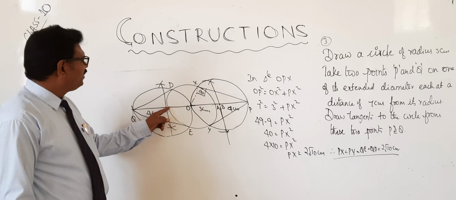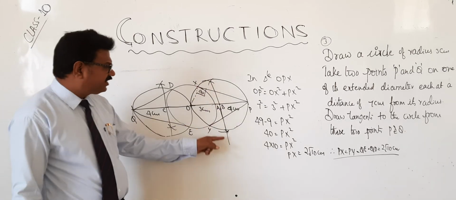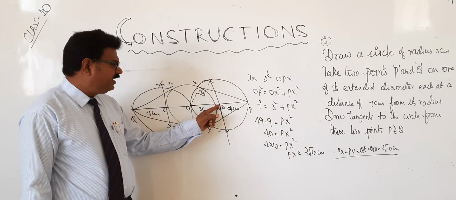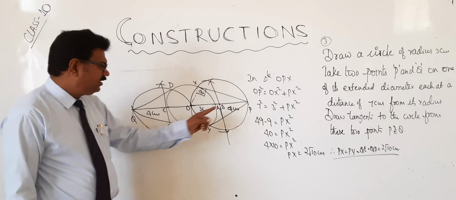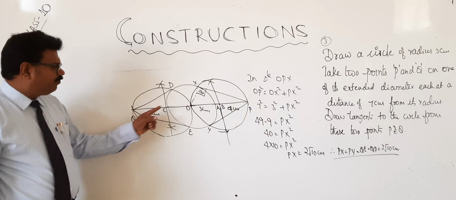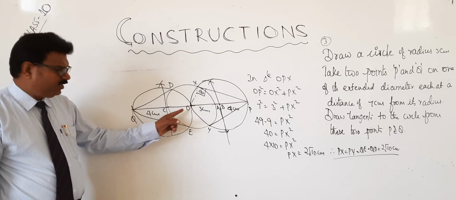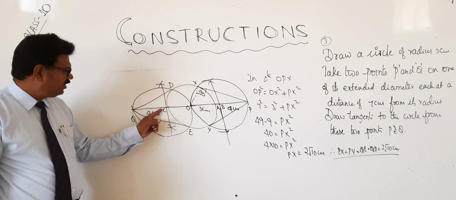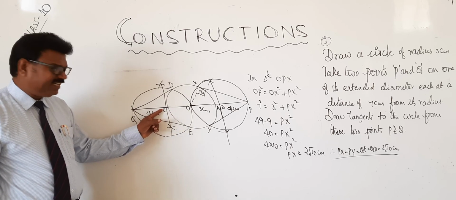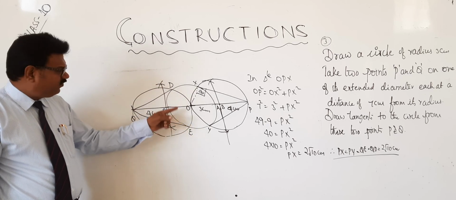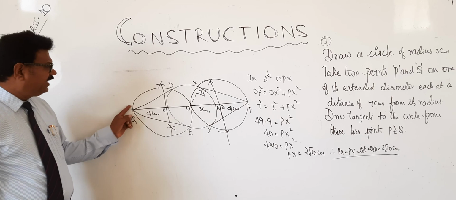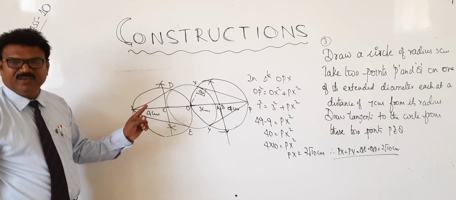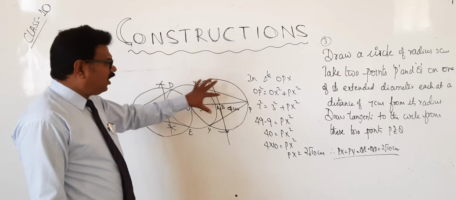First you bisect this, taking B as center, and draw a circle which is passing through O and P. Same thing, you bisect QO, it is bisecting at C. Now make C as center and draw a circle which is cutting the previous circle at D and E. Now join QD and QE. Now come here. How to verify?